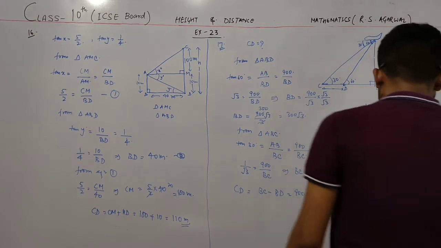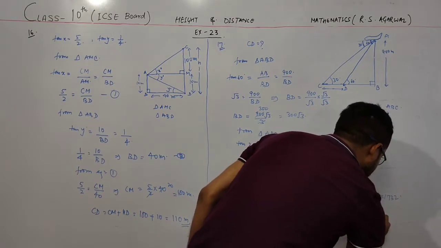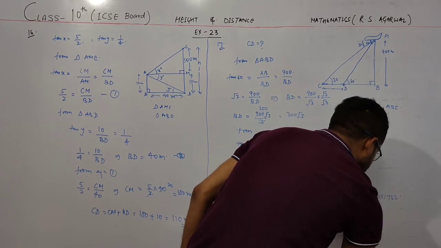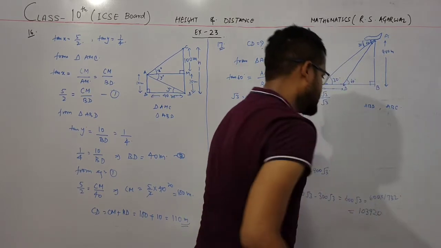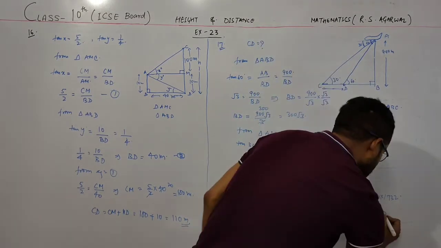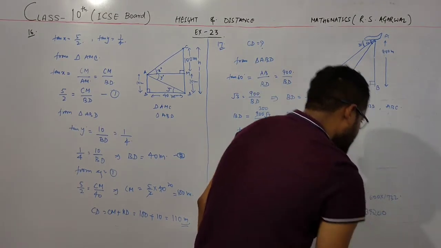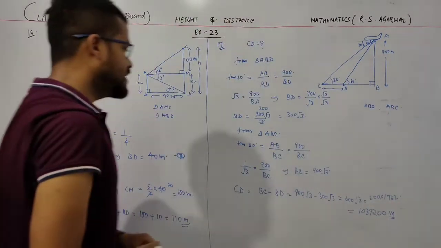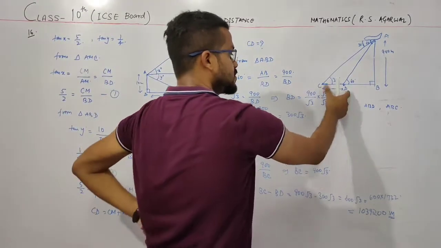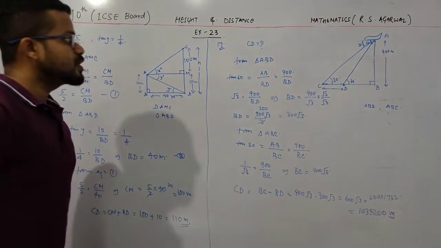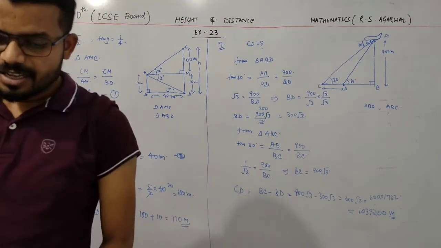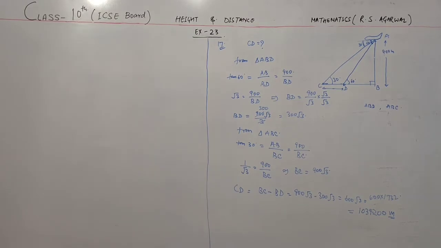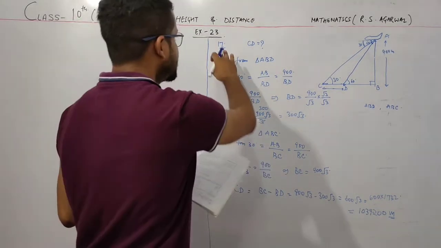So by multiplying this, 6 2s are 12, 6 3s are 18, 6 7s are 42 and 6 1s are 6, and so on. Taking the decimal after 3 digits, this is 1039.2 meters, the distance between both these ships. Okay, that is CD. So this is the solution of question number 17. Write down this question, answer and solution. Question number 18 is the same as question number 17.